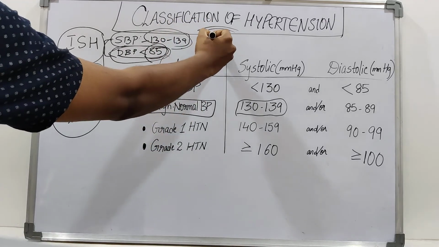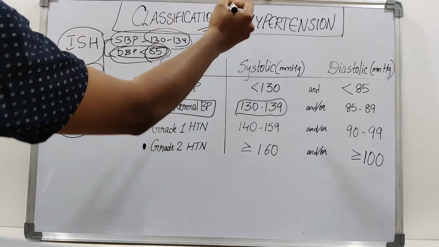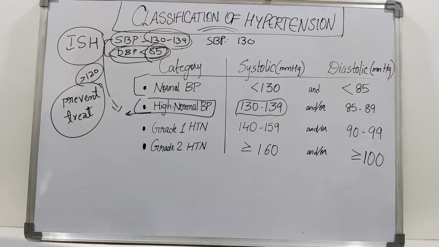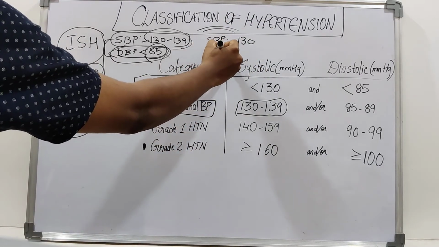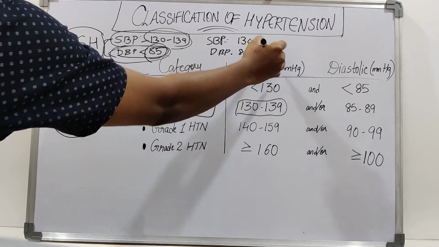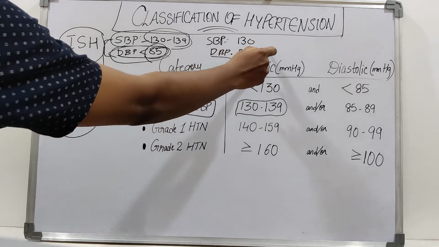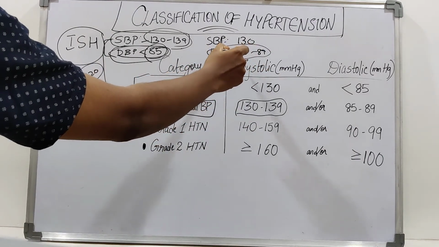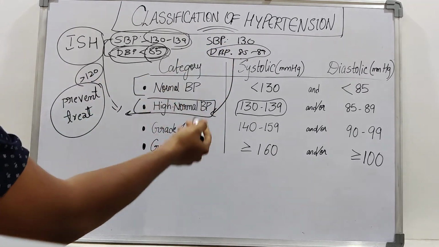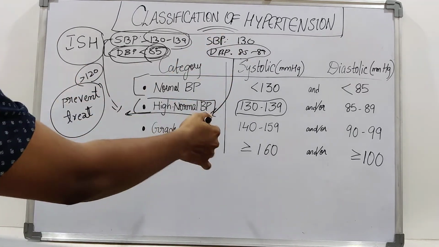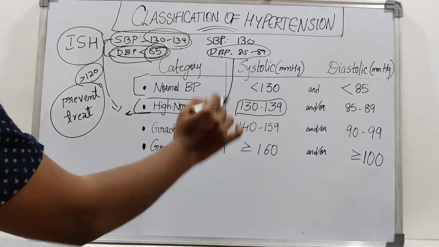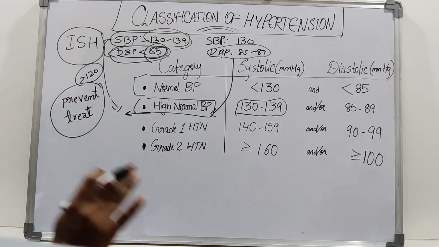I will give another example also. For example, let us think a patient has a systolic blood pressure of 130, but the diastolic blood pressure, instead of being less than 85, is in the range of 85 to 89. We will consider this value, since it states that it is in the higher range. So to prevent further complications, we will keep them in the next stage instead of the previous stage. So these patients will be considered into high normal BP again. This must be kept in mind.